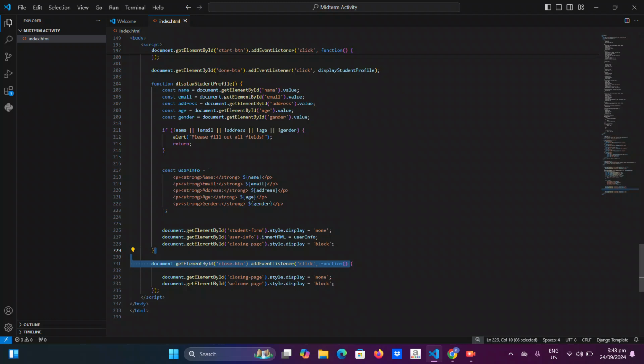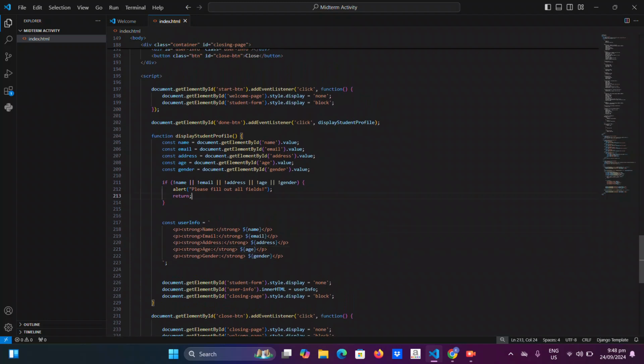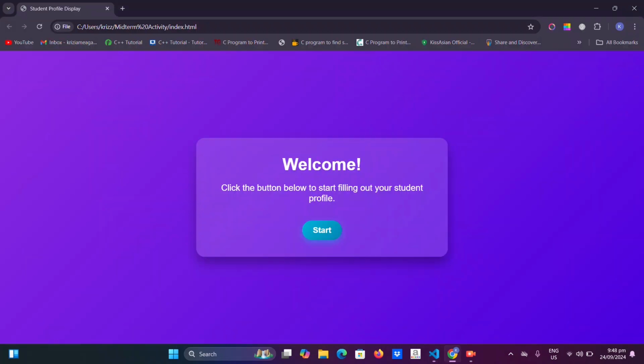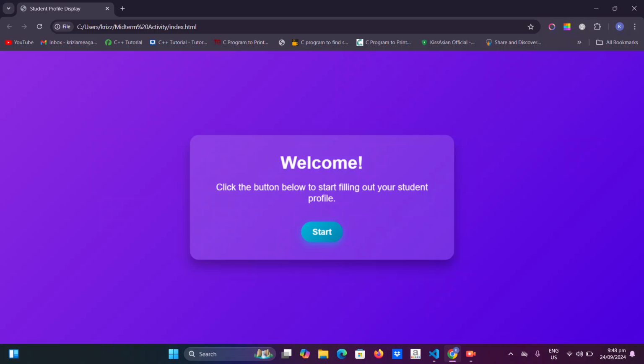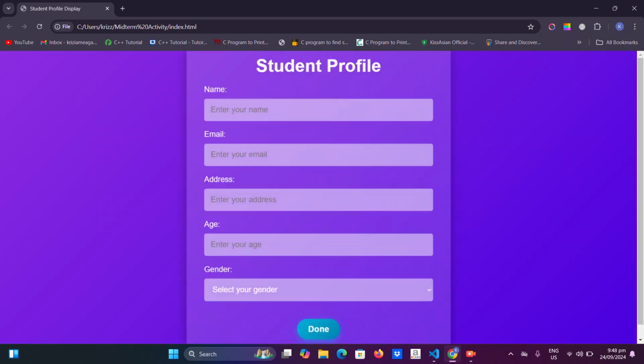So this will be the output from my activity. This is the opening page where it has the welcome, and click the button below to start filling out your student profile. Start. So the student profile.